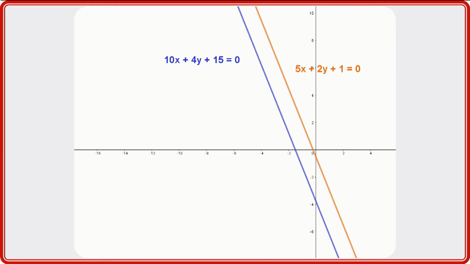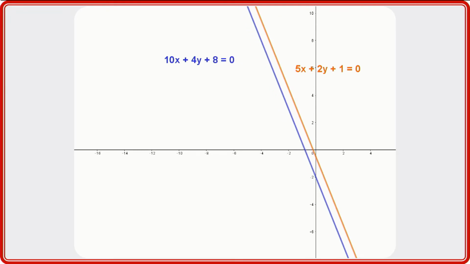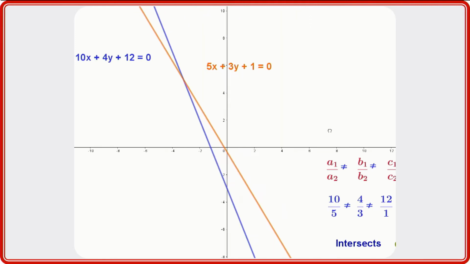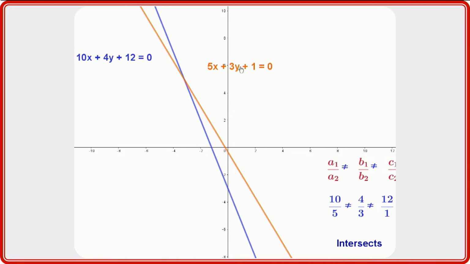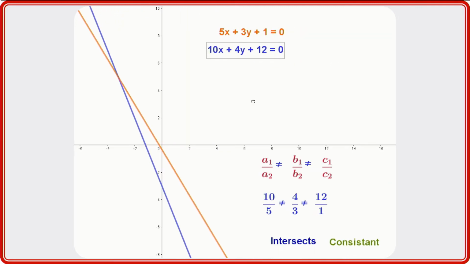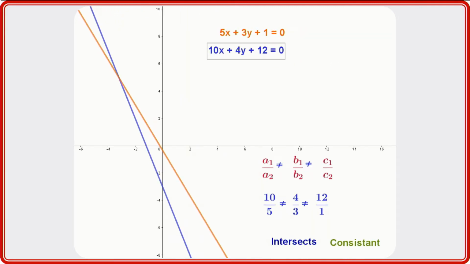Coefficient of x is changing, whereas here the c1 value is changing. Observe here, which means the coefficient of x is also changing. The value of c2 is changing here. What are we observing? We know the coefficients, that is, we know a1, a2, b1, b2, c1, c2. Is there any relationship between these two lines? Is there any relationship between these coefficients?